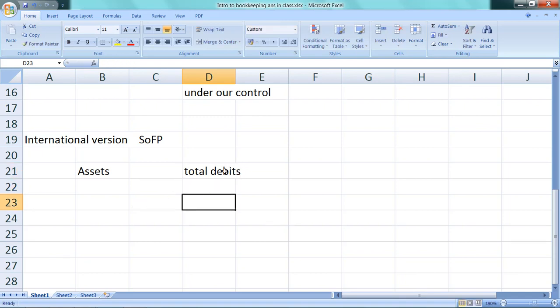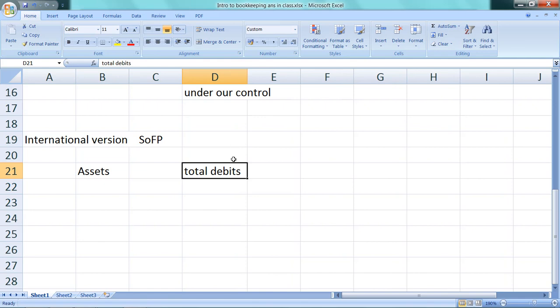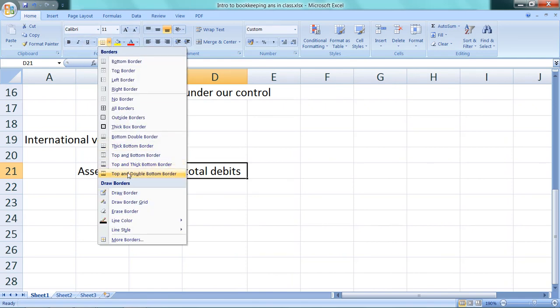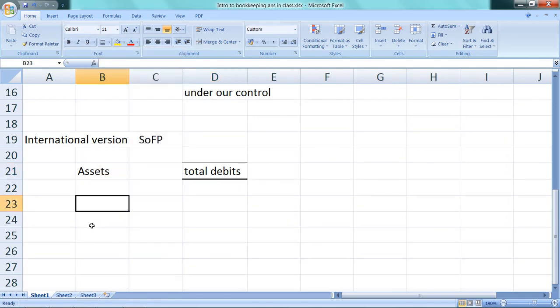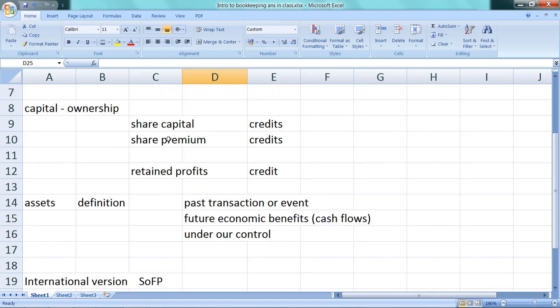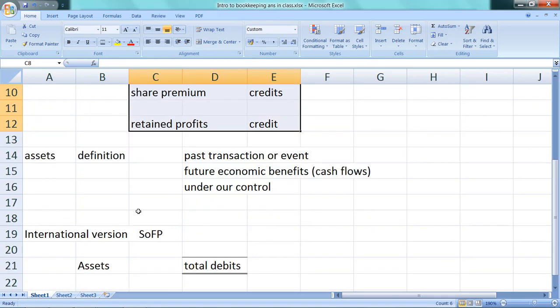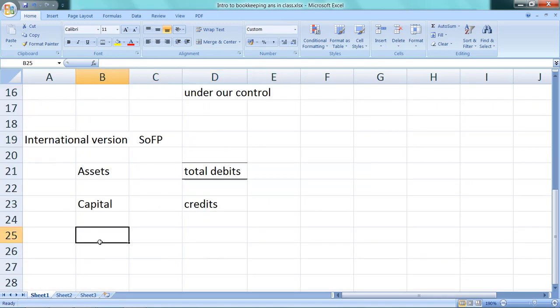I will then just simply completely total that down. So that total of debits just gets cast down. Then what happens is I have my capital, which is my ownership interest, which will be credit balances, which will be share cap, share premium, retained reserves. So all of these different things we looked at before, they get listed down next. They will normally be subtotaled.